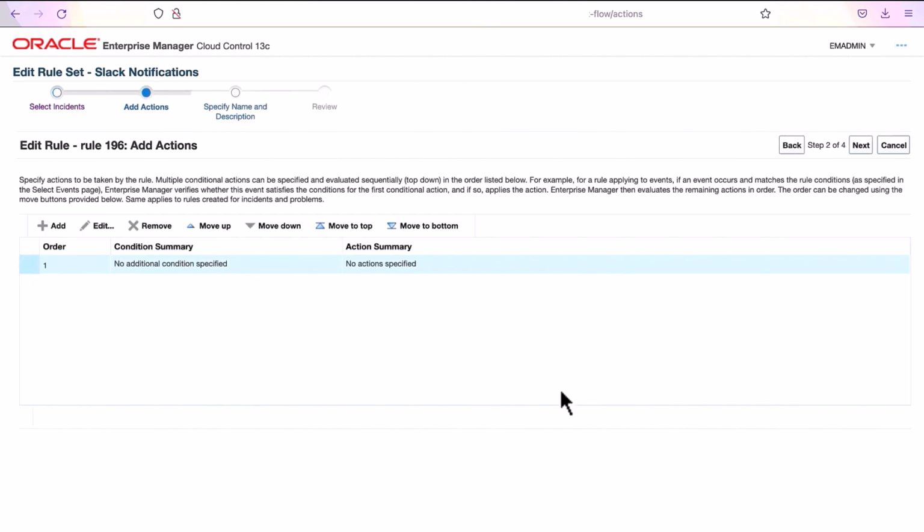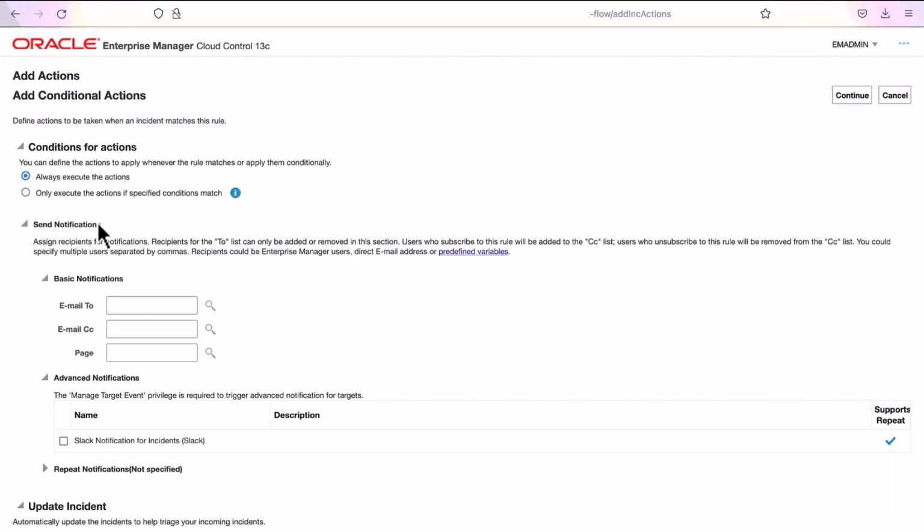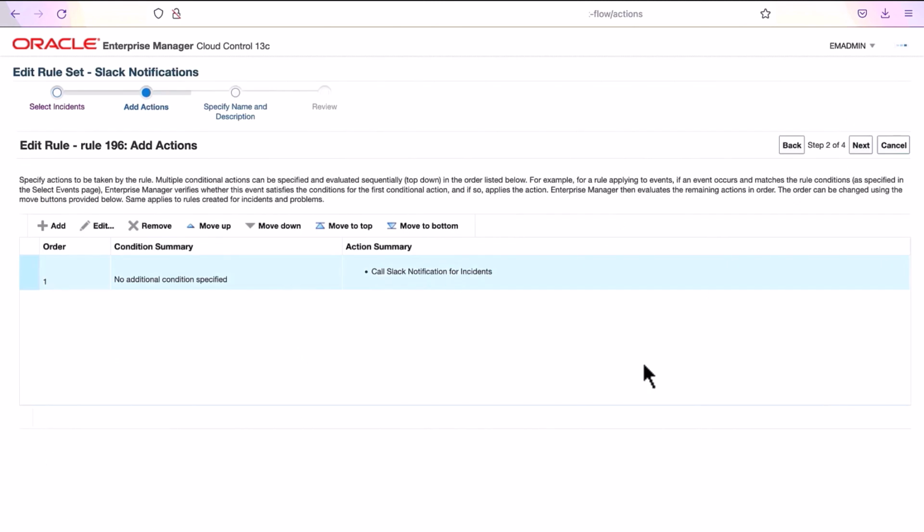Here is the Add Actions page where you can specify actions to be taken by the rule. Select the current add action and select Edit. Under the Send Notifications section, you will see a list of the notification methods created. Here, we can select Slack Notification for Incidents. Select Continue. Essentially, this action will automatically send an incident notification to our Slack channel when the following conditions are